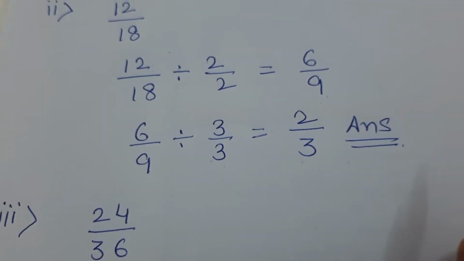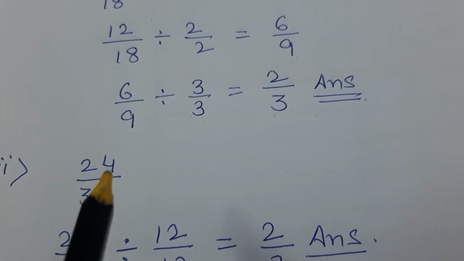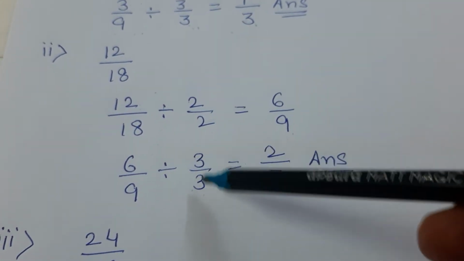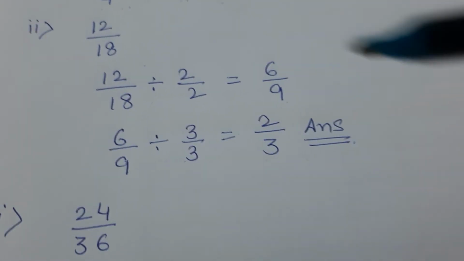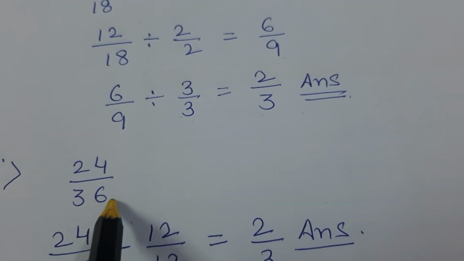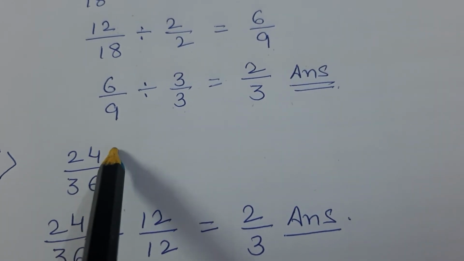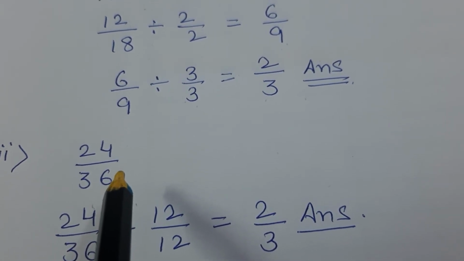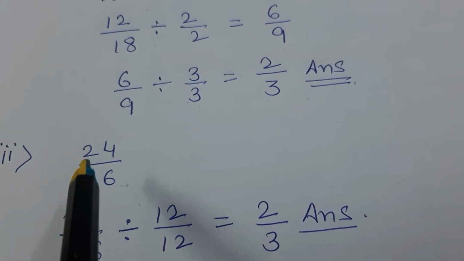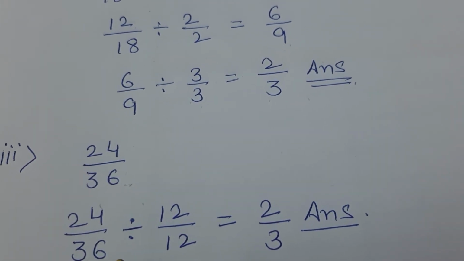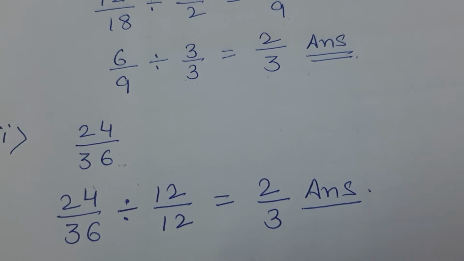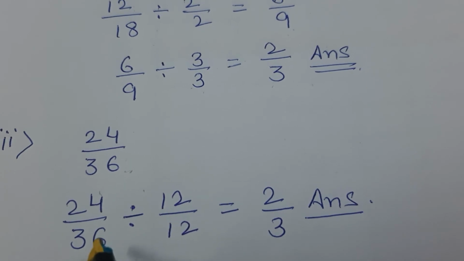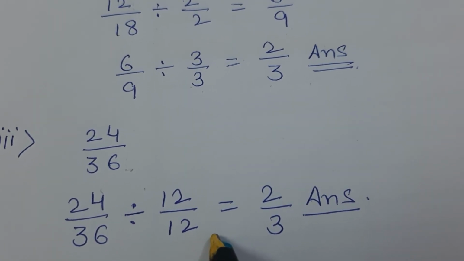Okay, so I am taking one more example. Next is 24 over 36. Students, after doing these sums, when you have enough practice, you can do this sum by another method also: by dividing both numbers by their highest common factor. If you know the tables, 24 and 36 both come in 12's table. We can start with 2, then 3 and so on, but we can do it with this method also.